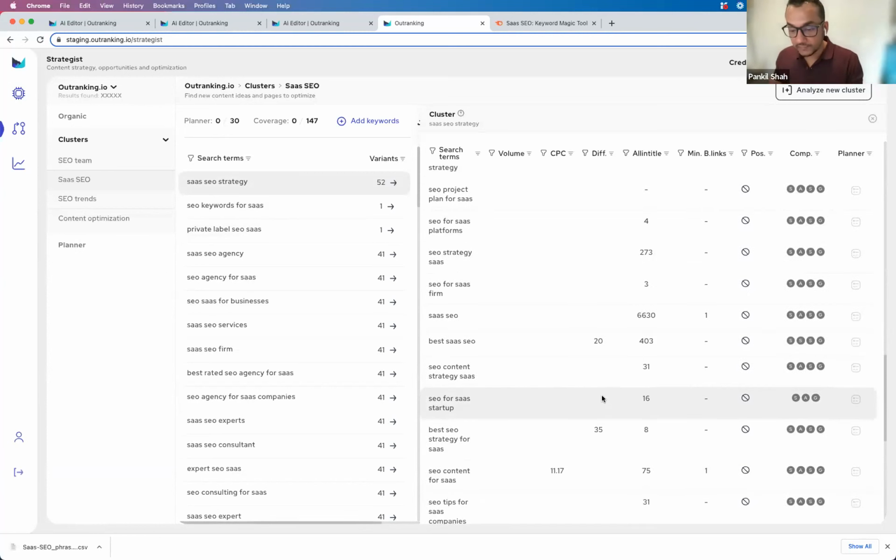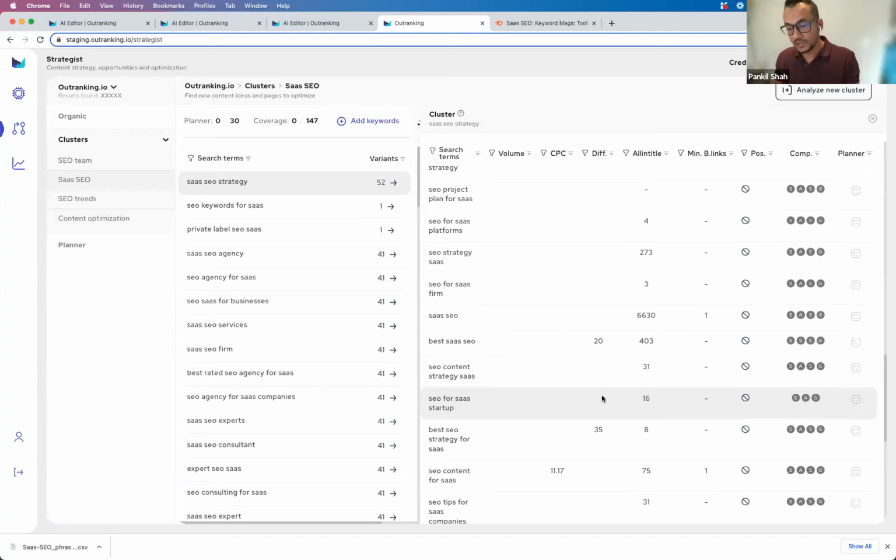This is the most definitive way of making sure that you have the highest probability of ranking. Looking at volume is crap, right? Like, you cannot trust volume. What you need to really look at is difficulty, backlink profile of SERPs, page authority of those pages, which comes essentially from backlinks. You want to see all in title. So you want to see how comprehensively people are covering this topic again and again on the web, right? So you have all in title.